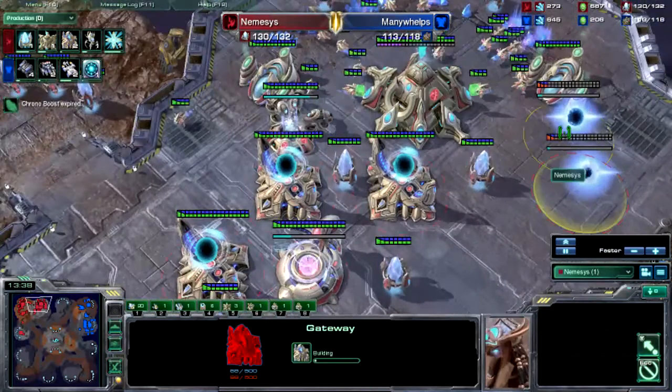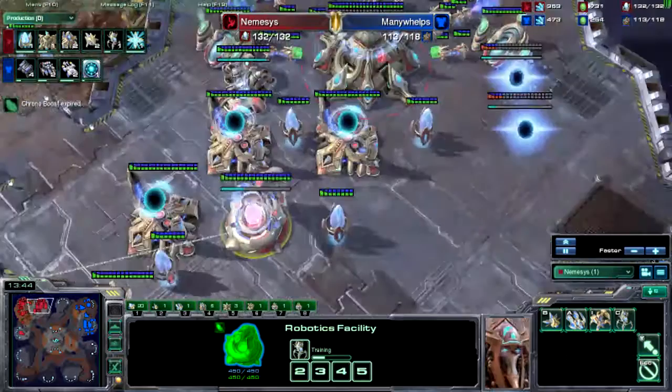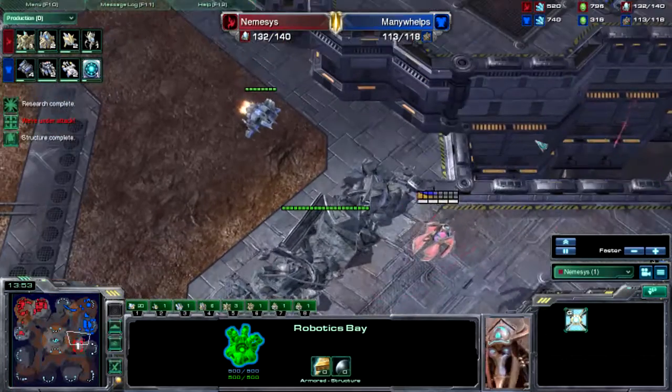Finally throwing down more gateways here. Want to see a Twilight Council or a Forge. We need to start getting those upgrades out. So definitely need a Forge way quicker than this. Twilight Council, this is a good timing for that. You don't have to go... oh,